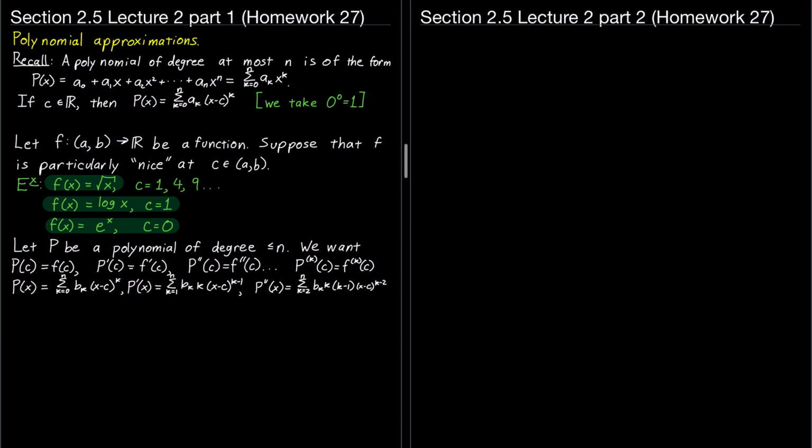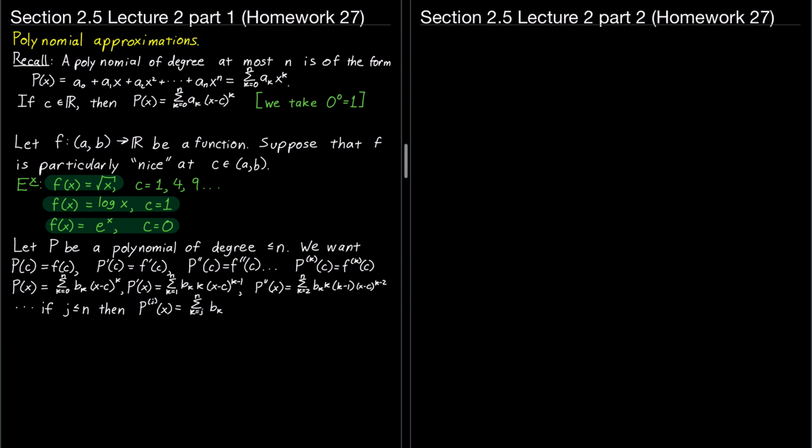And then it's a pretty straightforward induction argument to show that if j is less than or equal to n, then the jth derivative, that's the sum from k equals j up to n,